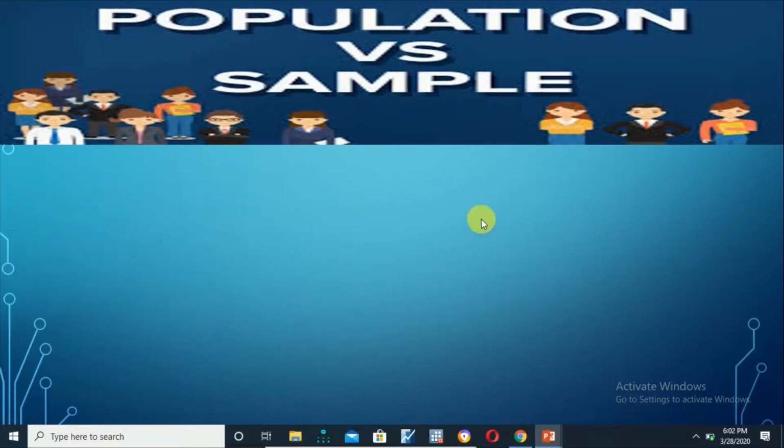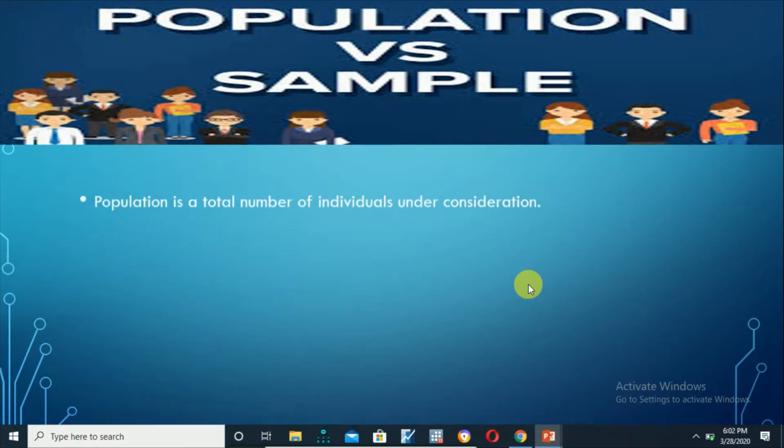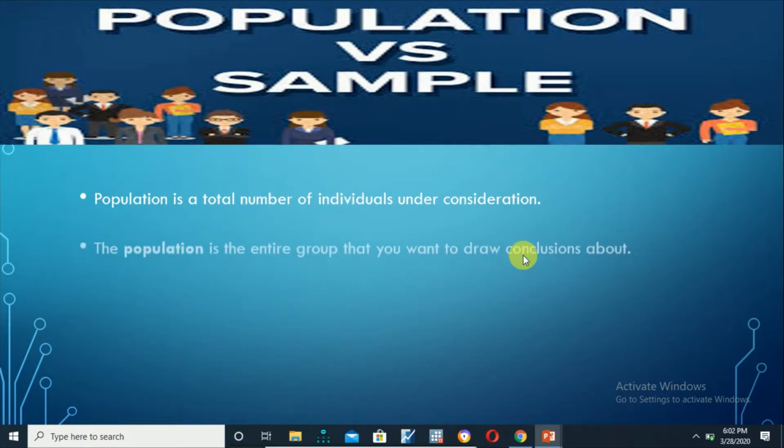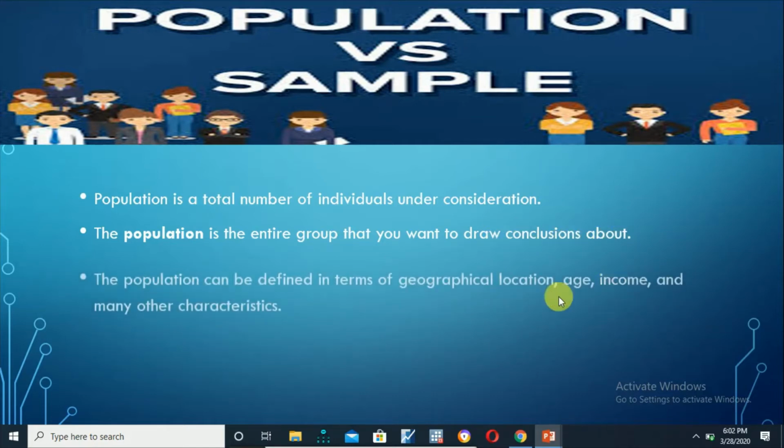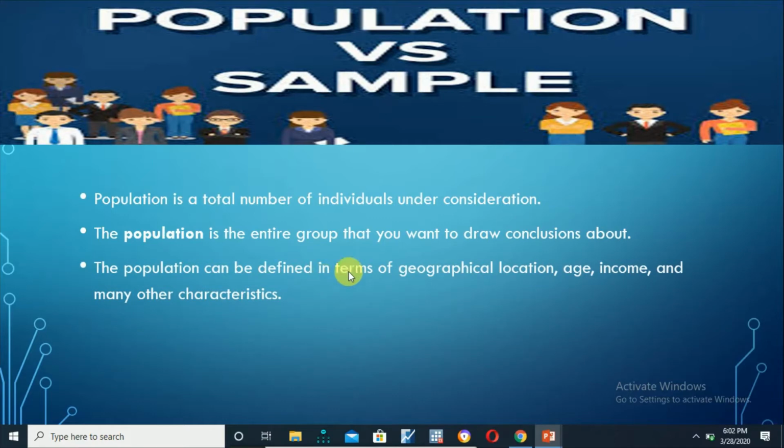What is population versus sample? Population is the total number of individuals under consideration. It is the entire group that you want to draw conclusions about. The population can be defined in terms of geographical location, age, income, and many other characteristics. A characteristic of the population is called a parameter,